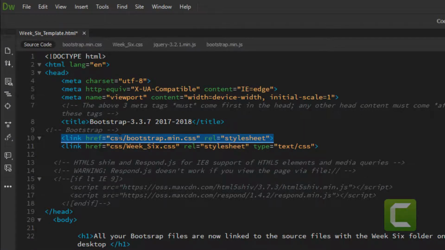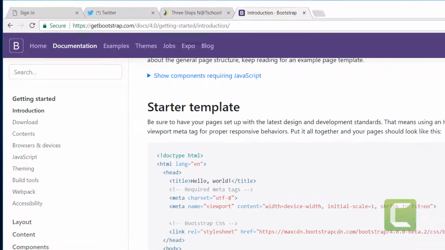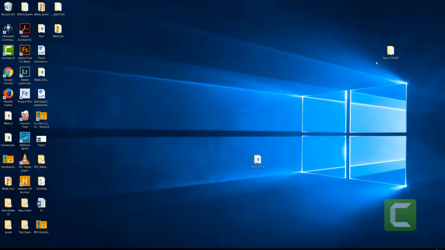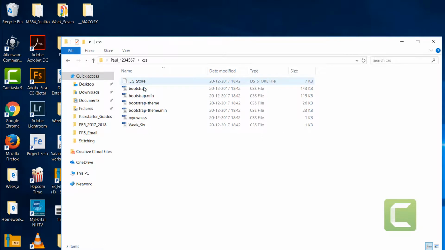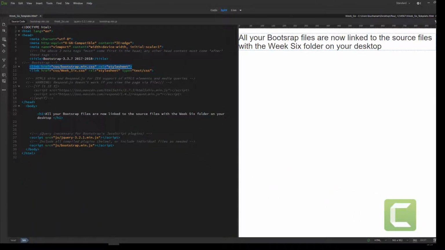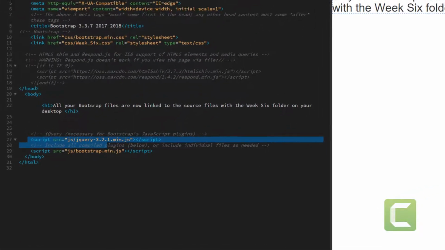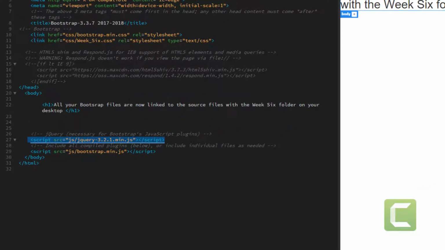So that's pointing directly into our folder in order to link to our CSS, the one here, as we see in there. Okay. And also the jQuery and the JavaScript,